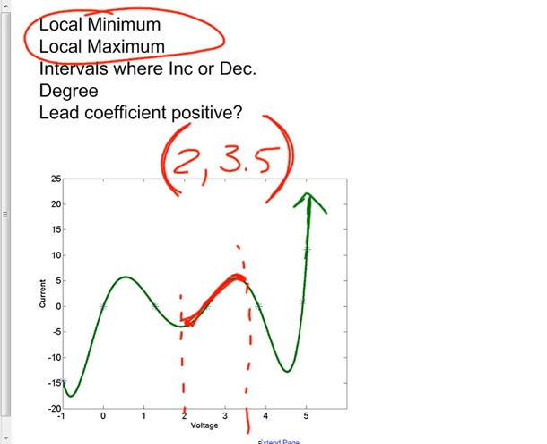So for your increasing and decreasing intervals, it's okay to use parentheses or brackets, but I think parentheses make more sense. Where is it decreasing? Well, here's a spot. It's decreasing from about half to about 2. So 0.5 to 2 is a spot where it's decreasing. And I'd use parentheses. You could use brackets, it'd be fine. Okay, so that's how you say increasing and decreasing intervals. Super simple. The next part is more a review of something, the lead coefficient and the degree and stuff. Those are things that you learned